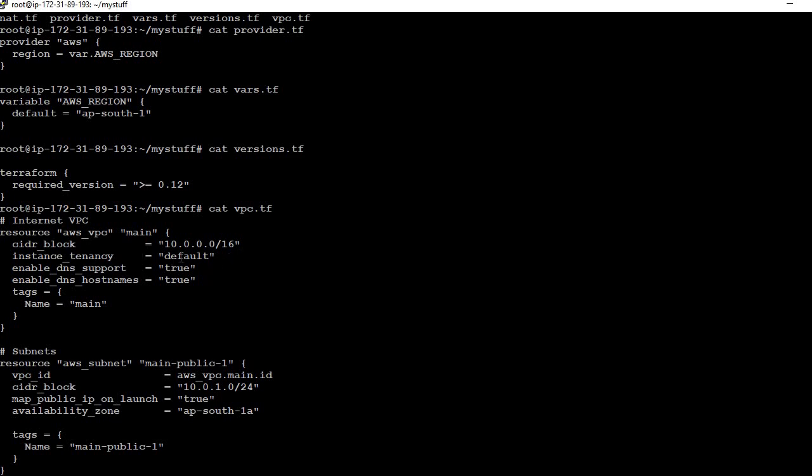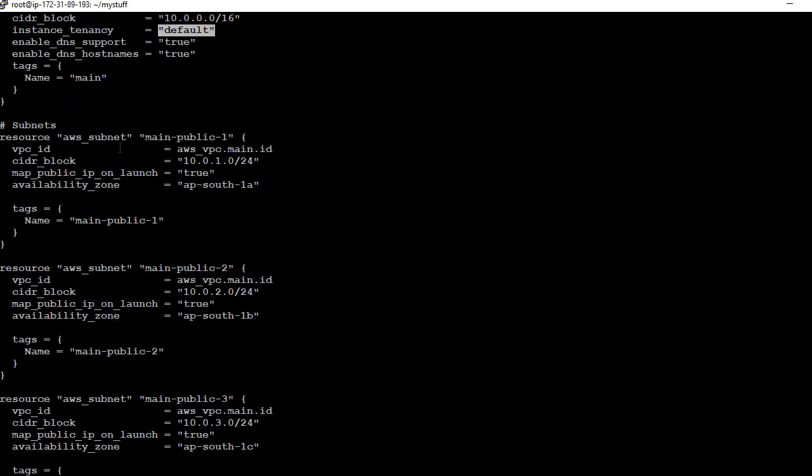Instance tenancy is default, it will take the default tenancy. Enable DNS support and enable DNS hostnames. Basically both should be true because you are going to use internal DNS and the hostname, and after that we have tags, you can give tags as per requirement.